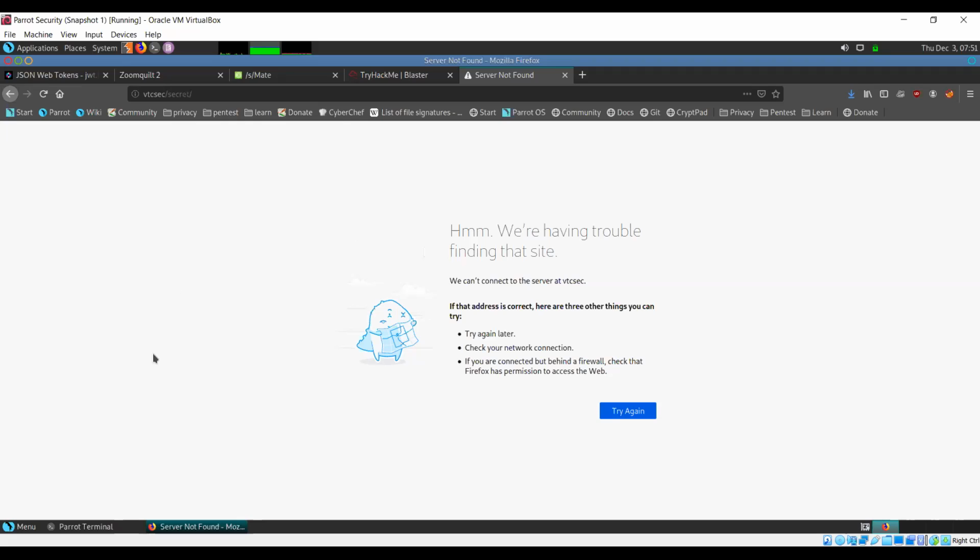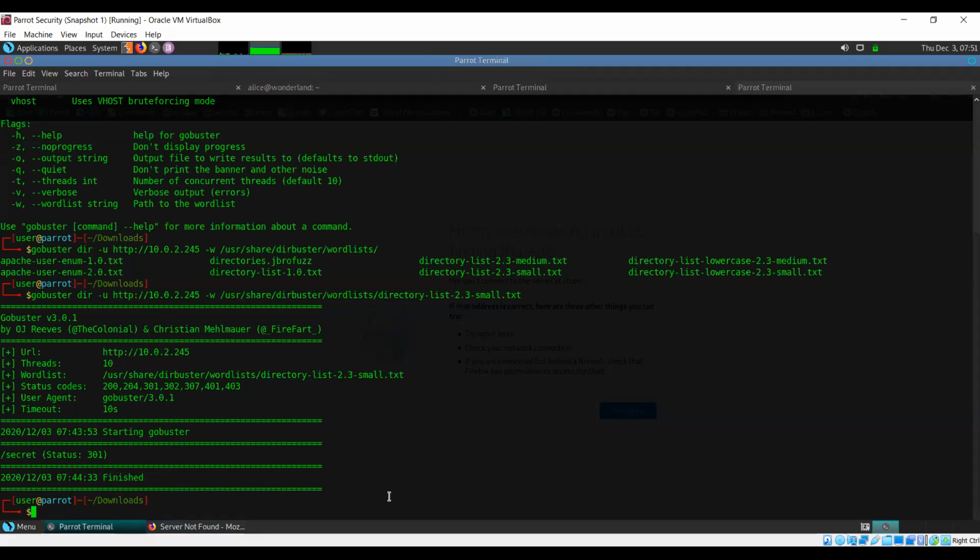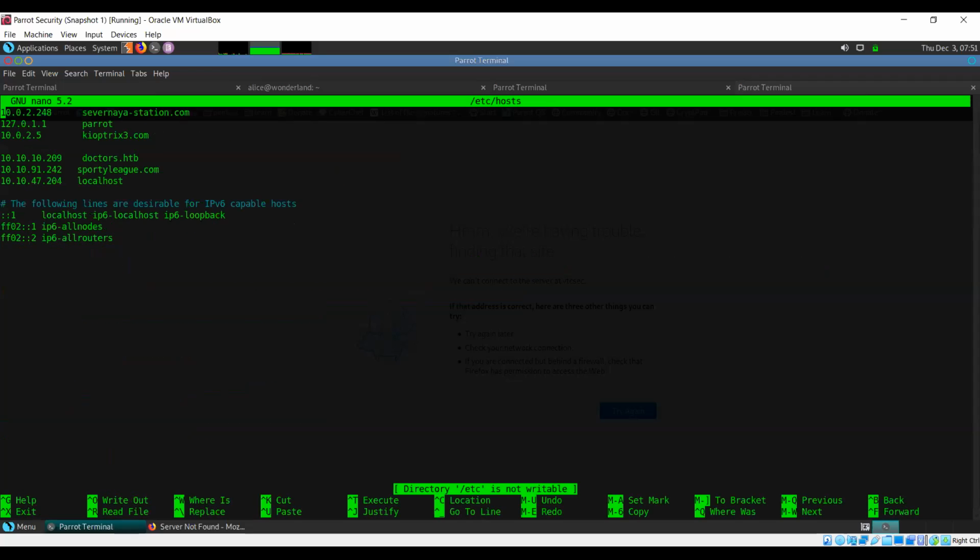Let me show you what it looks like. So there is a file, the hosts file. It is present on both Windows as well as Linux. For Linux, the file is present in /etc/hosts, so the directory where you have your password and shadow files. Now, what I want to do is I want to make an edit. So I'll use nano /etc/hosts. Now this is my hosts file. So you can see there are already a few entries in here, IP addresses and corresponding domain names.